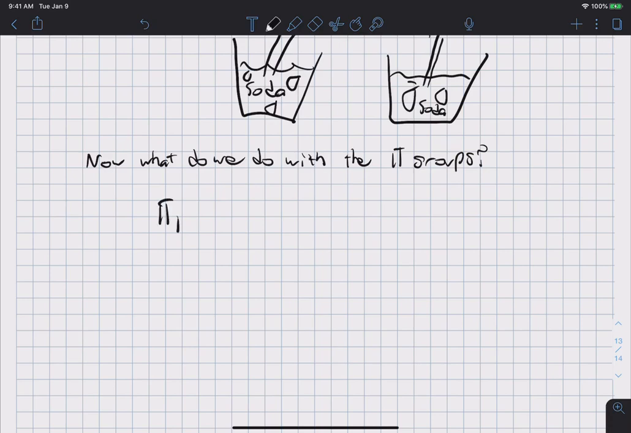So, we determine that pi 1, which is the one that contains the quantity of interest, is equal to some function of pi 2 and pi 3 and all the way to pi n minus k. Okay? And so how you actually use these numbers, if you're doing experiments, is you set up